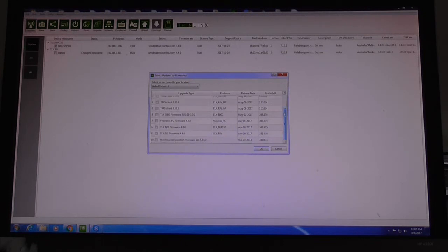So we could select that. We could select firmware for RePC. We could select firmware for the Intel small form factor, but we're already at version 4.4, and this is the previous version. So we haven't released the new updated version yet,